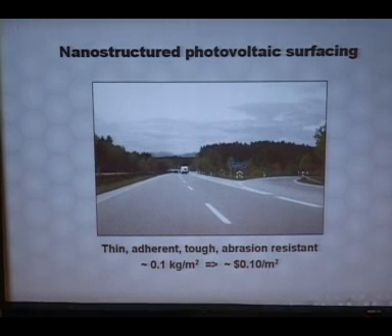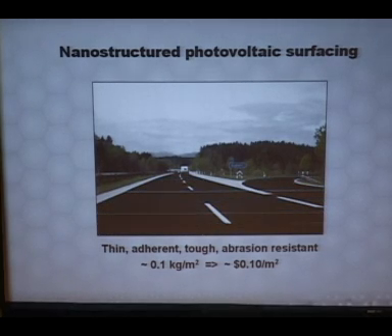The next slide shows a prospect for the future that will become possible when we are much better at making things and are able to cover large areas with photovoltaics. So if I click once, the prospect is to be able to cover roads and the surfaces, the roofs of buildings and so on, with a layer of material that is thin, inexpensive,